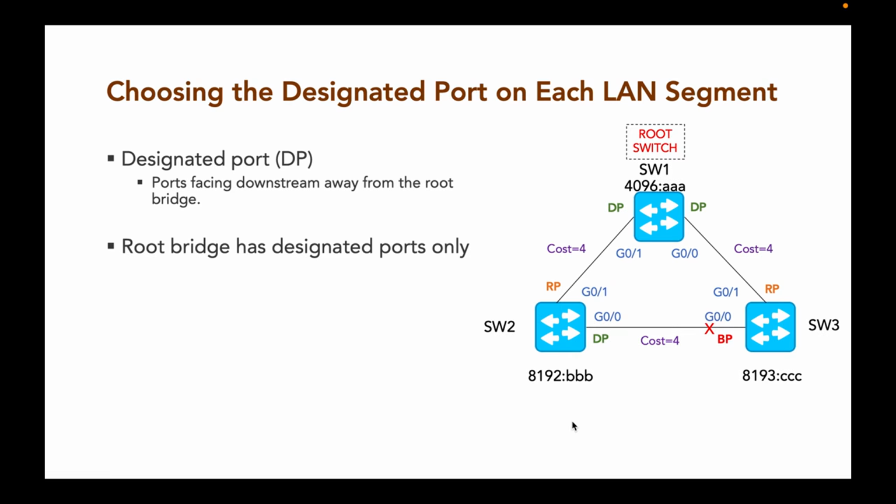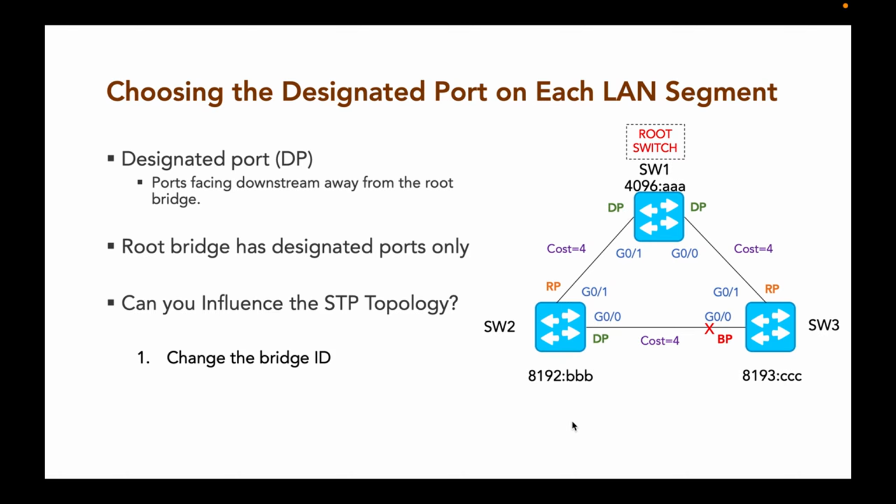Can we influence the STP topology? Yes. Switches have a default bridge ID based on a default priority value and MAC address. In order to influence the STP election, there are two options available. First one, you can change the bridge ID. For instance, giving a switch the lowest priority value among all switches will cause that switch to win the root